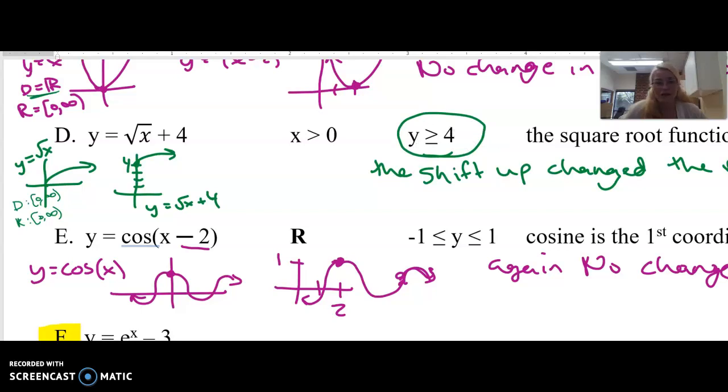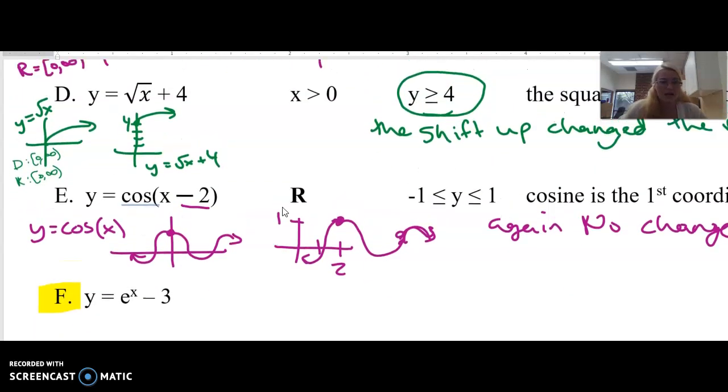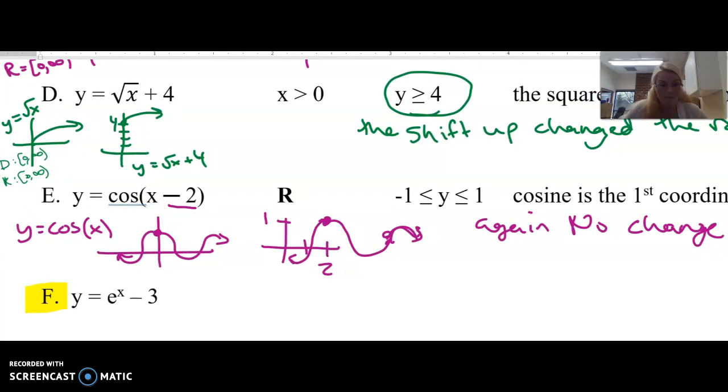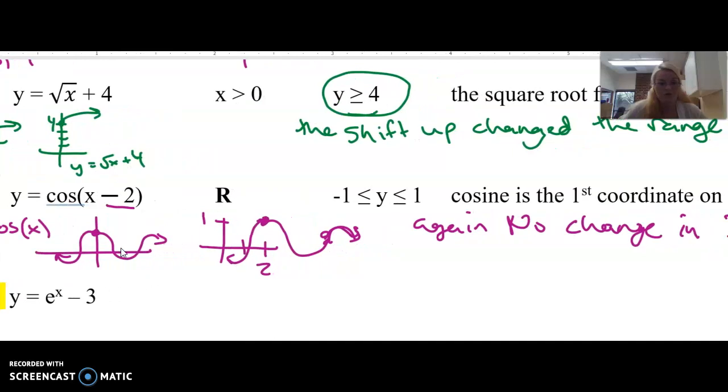And then quickly, your cosine. If I, again, shift it on the inside, that's not going to affect the domain. Domain is still all reals. It just moves it over 2. It's still bound by 1 and